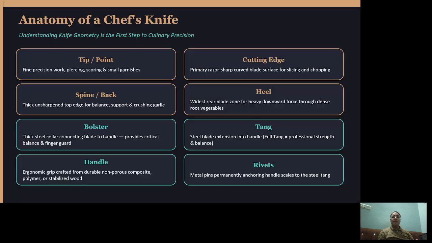So now we have unit number 3 with us, in which we are going to explore some knife skills and culinary cuts. As we all know, the professional cuts are the backbone of the professional kitchen. Without the professional cuts, a chef cannot showcase his skills on the table. So, understanding knife geometry is the first step to culinary precision. And